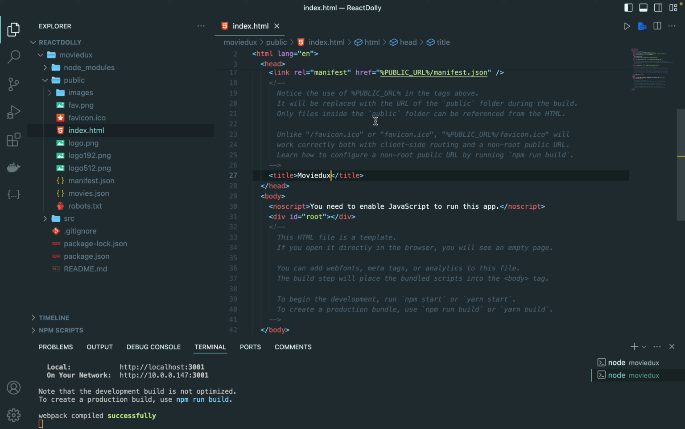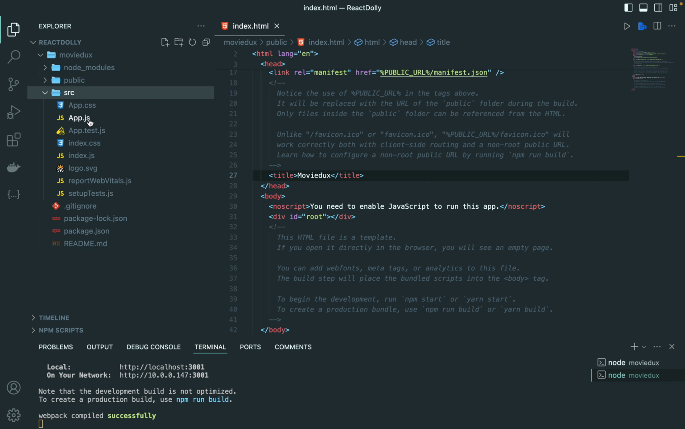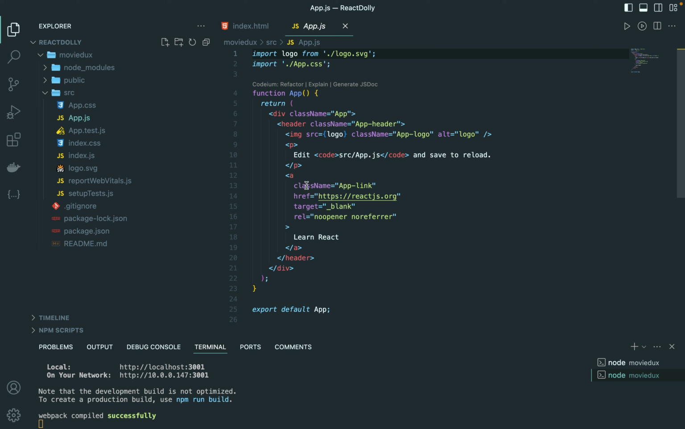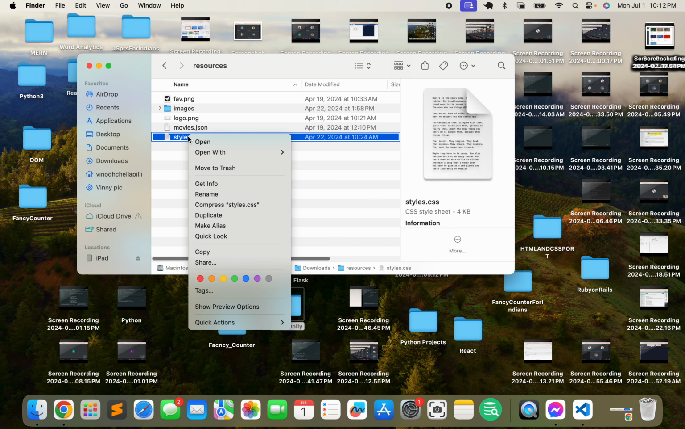Now what we have to do is go from the public folder to the source folder. In the source folder, App.js is the main thing. Okay, App.js is the main thing. And I also need to copy this one, copy, then